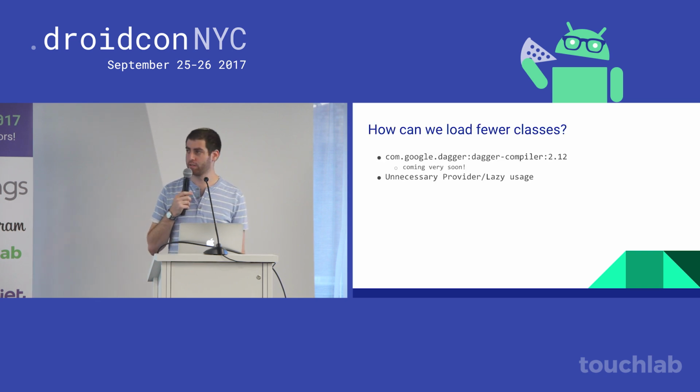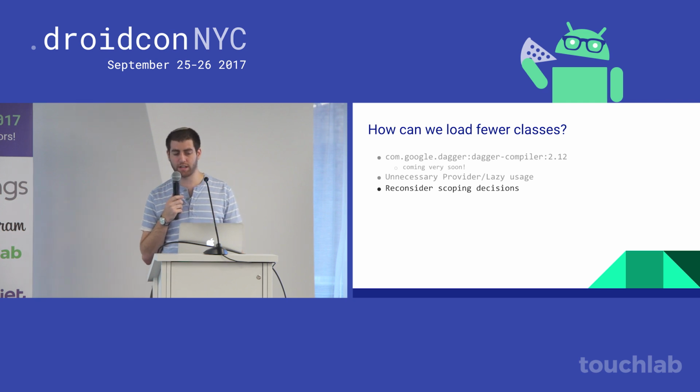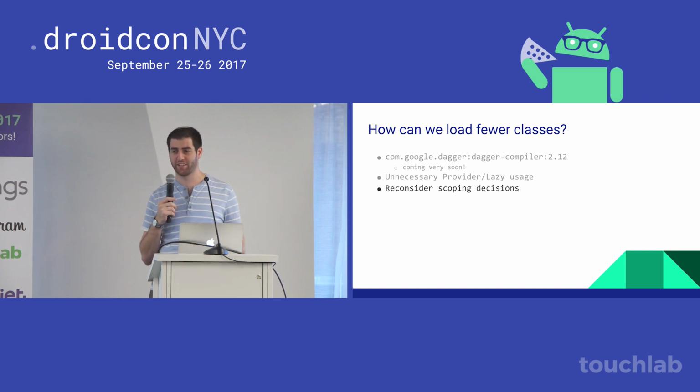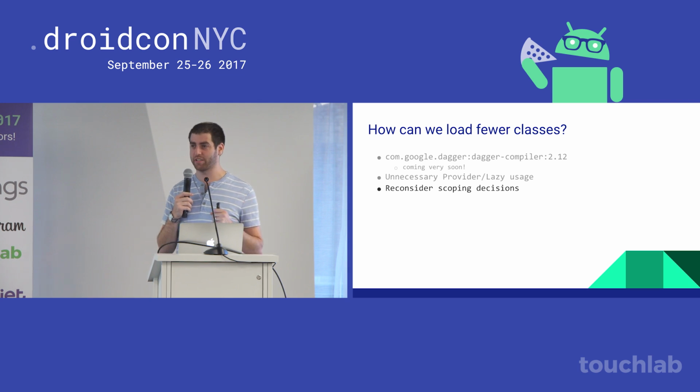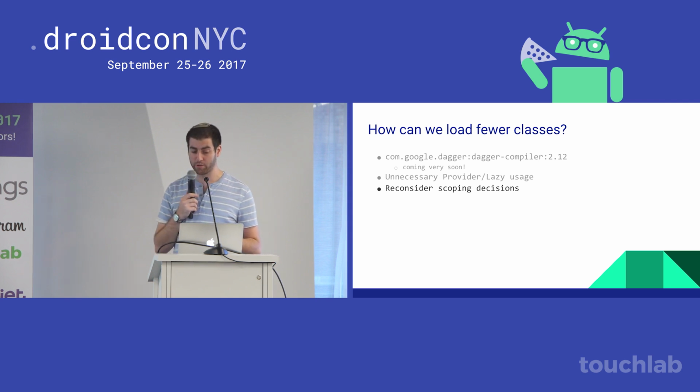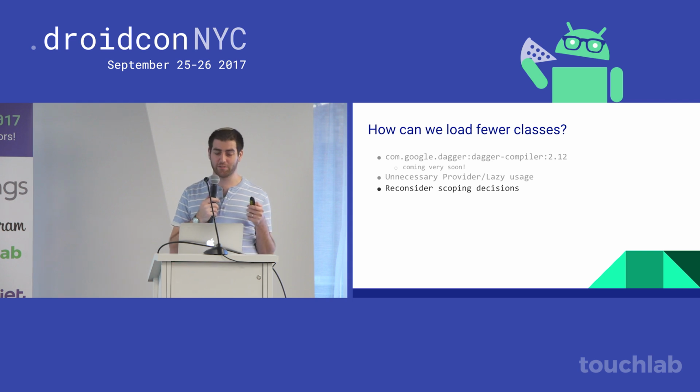Okay. So let's look at another example of how we can load fewer classes, which is reconsidering some of your scoping. And often on Android, people say, objects expensive, scary, and they just scope everything. Again, you wouldn't have seen a lot of these costs beforehand. You're going to start seeing a lot of these costs if you reconsider your app design, and hopefully you'll see a lot of improvements by removing some scopes. The key is use GC to your advantage. GC has gotten a lot better on Android, and